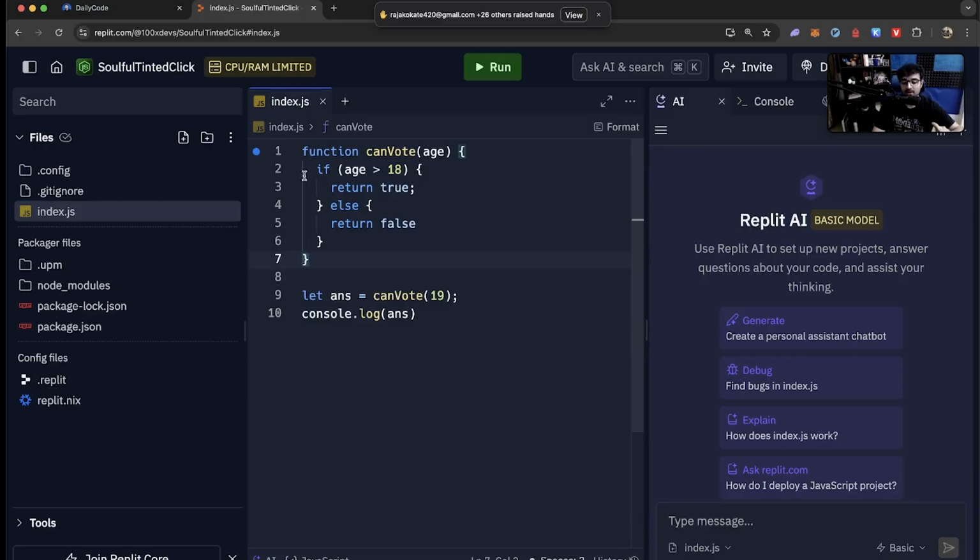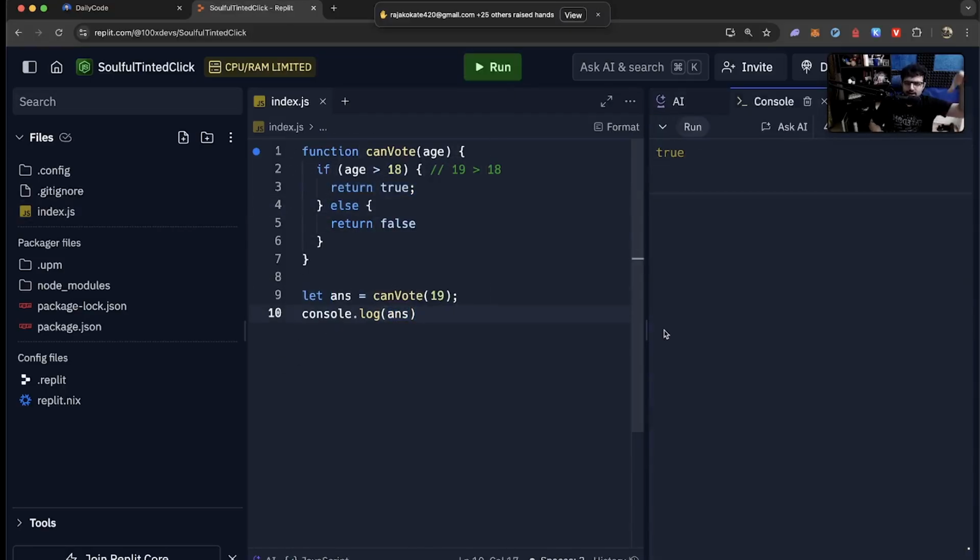It will not run it. It will come over here. Then it will directly come over here. It will not run any of these lines. Here, JavaScript will be like, acha, I should call canVote. So the control will reach here. It will check, is 19 greater than 18? That is indeed true, which means the control will reach this statement and it will return true. This true will get stored in the answer variable and it will get logged over here. Hopefully you understand it structurally.